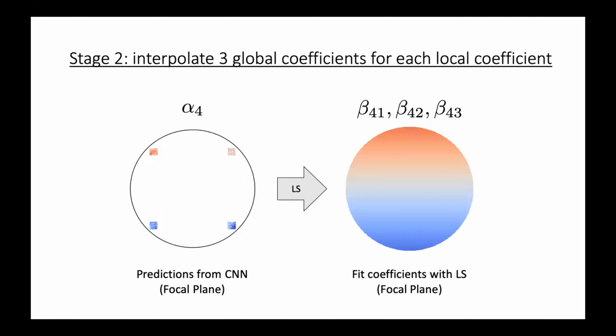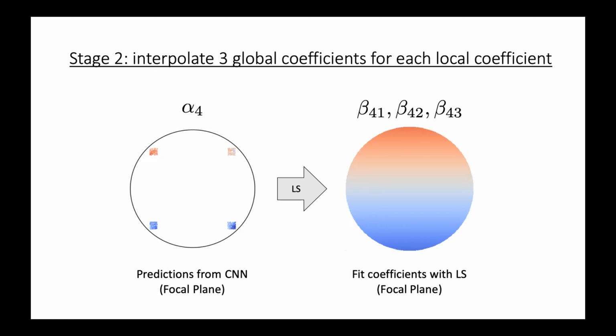Okay, so in the second stage, we take these local predictions, which we have at these 4 sensors, and interpolate the wavefront across the focal plane. So for each local coefficient, we fit 3 global coefficients, which define a plane. Okay, pretty simple. And we test this on 500 high fidelity simulated observations. And we find that for every single observation, this technique would lead to an improvement, and it reduces the global